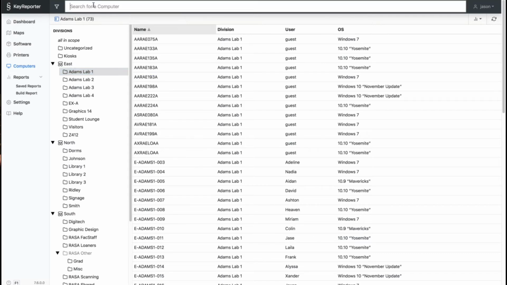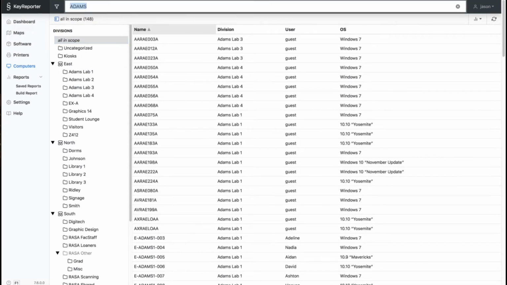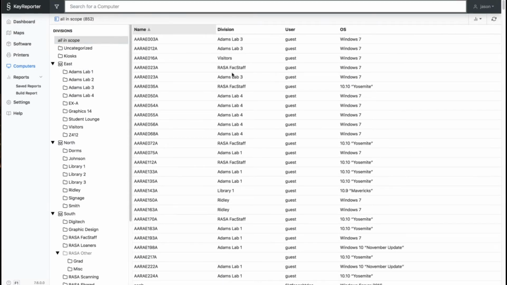The search bar on the computers page allows me to search the computers themselves. So if I search for, say, Adams, it's going to filter down. I'm in Adams Lab 1 as my scope currently. But if I come back up here, you'll see it's going to search for any computer that has the string of characters in either the name or the division